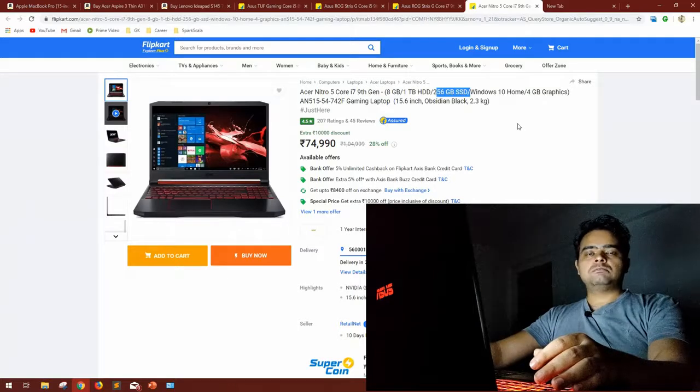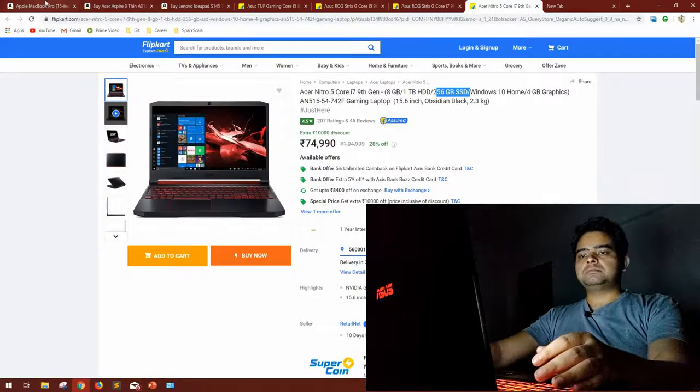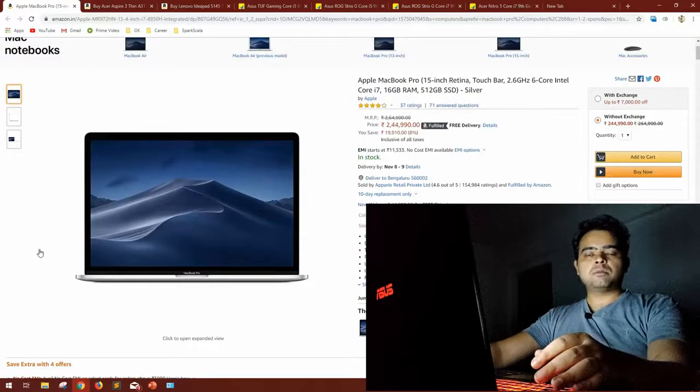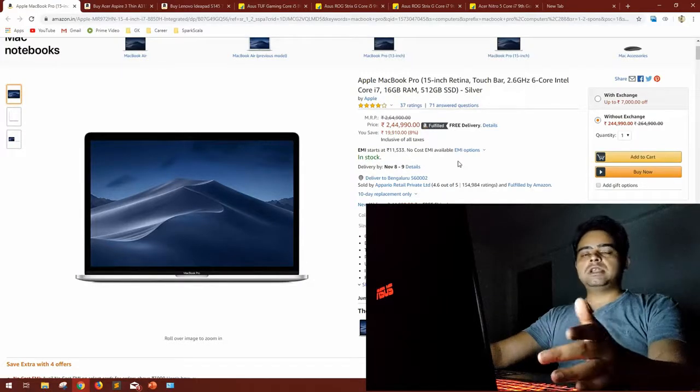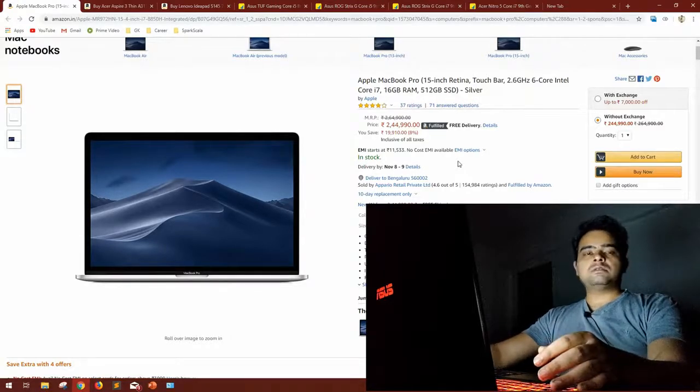And also if you are an Apple fan, there is no other choice than MacBook Pro. Now it is available with the i9 processor. This is i7. Currently this is available in i9 processor also. So there is nothing much to discuss for two reasons. Very few people go for this range, and there is very little customization that is possible. So if you have to go for MacBook Pro, there is nothing much to discuss.